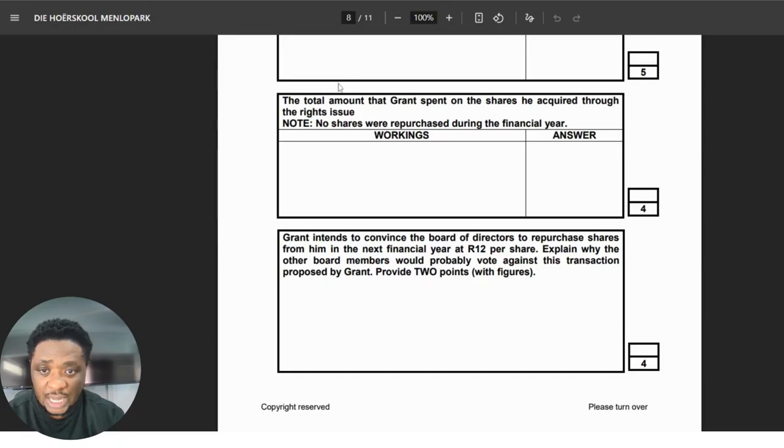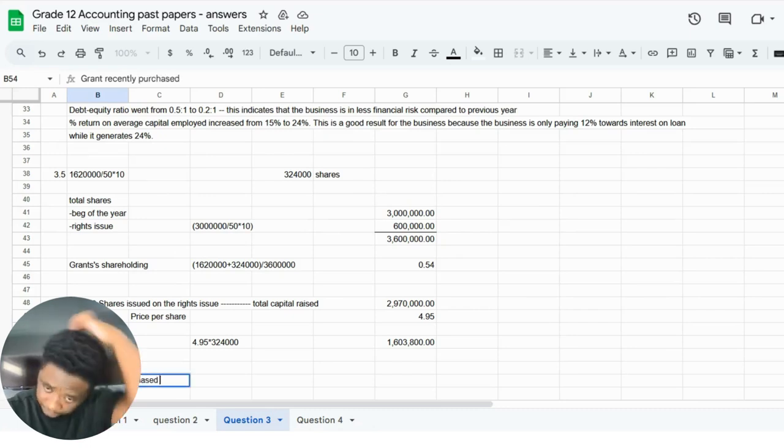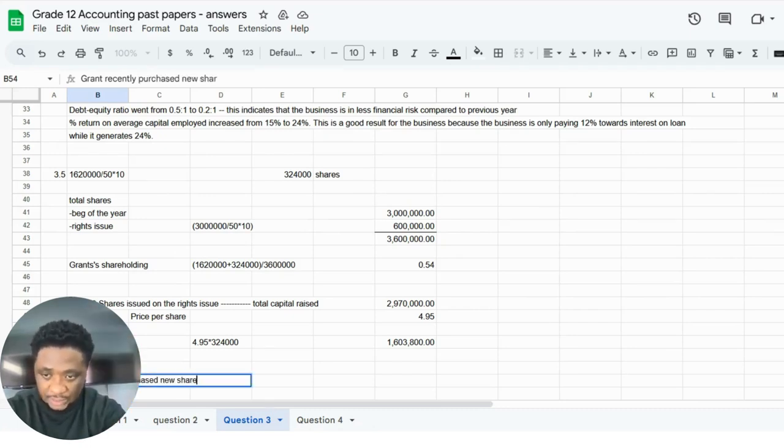Then let's look at what follows after that. The next question says, Grant intends to convince the board to repurchase the shares from him at 12 Rand per share. Explain why they should vote against this. Provide 2 points. Well, the first point that I will provide is the fact that Grant recently purchased new shares in a rights issue for 4 Rand 95,